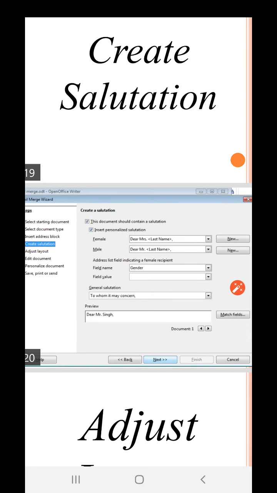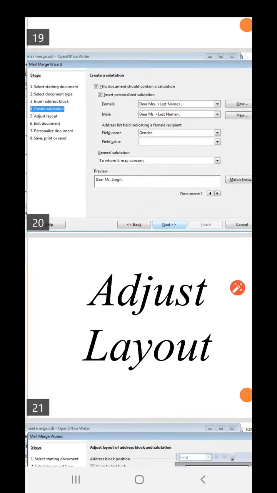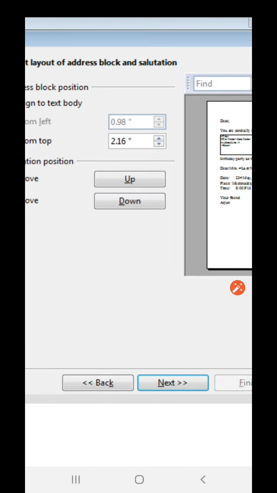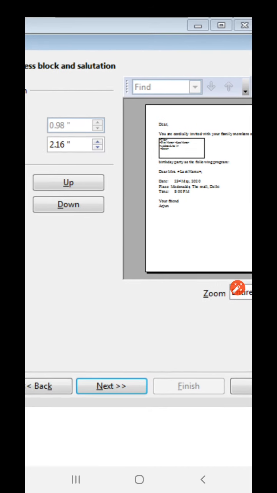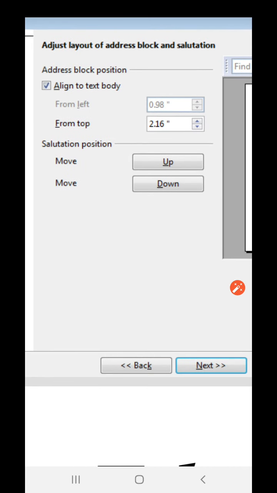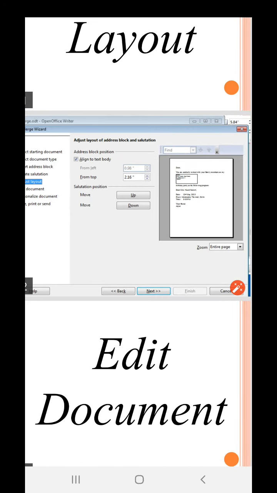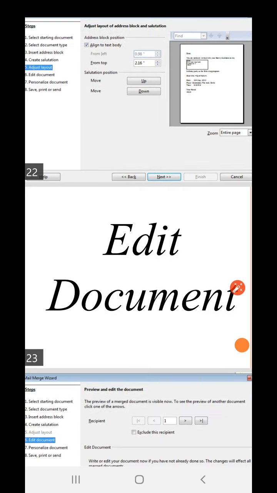After this, click on next. It will open up the fifth step, adjust layout. Here it is a layout. If you want to change the alignment to the text body from top, you can, and then click on next, or you can simply click on yes, next.